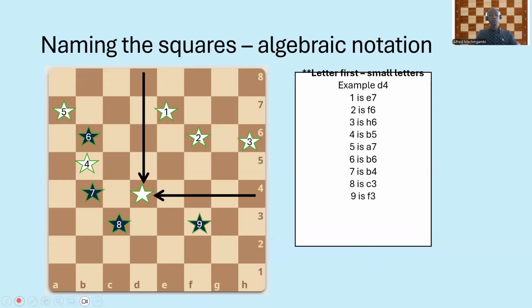So I'm just going to leave all the other squares so that you can also practice. Because remember, as you practice, that's how you learn, right? And also, I just want to mention that